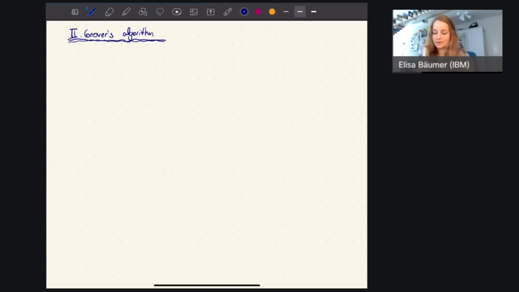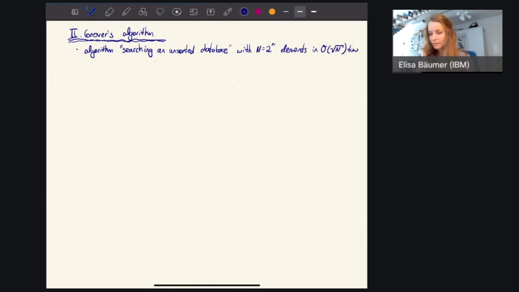This algorithm is also one of the most famous algorithms, and it's an algorithm that is searching an unsorted database that has N equal to 2 to the power n different elements. And it can actually do so in square root of N time, which is faster than any classical algorithm,